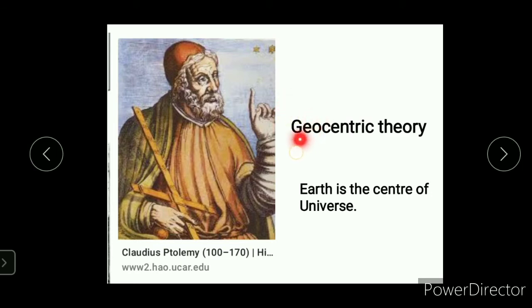Here, geo means earth, centric means center. So for the universe, Earth is the center. That means Ptolemy stated that Earth is the center of the universe and it is very, very important in the universe. Right? Then, about 500 years ago,